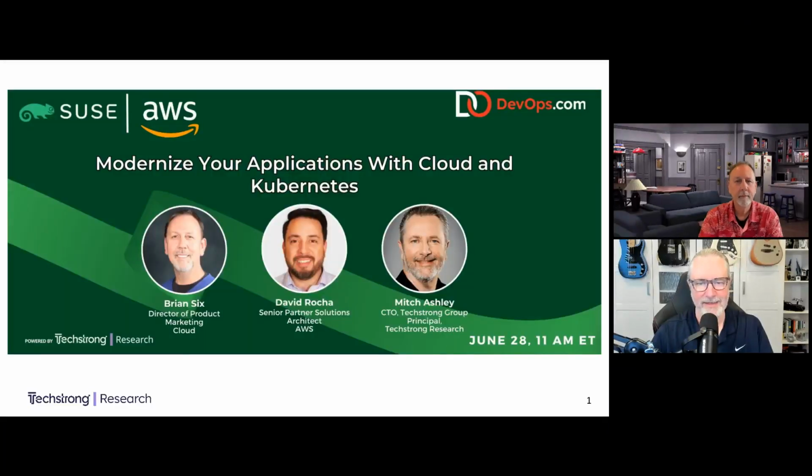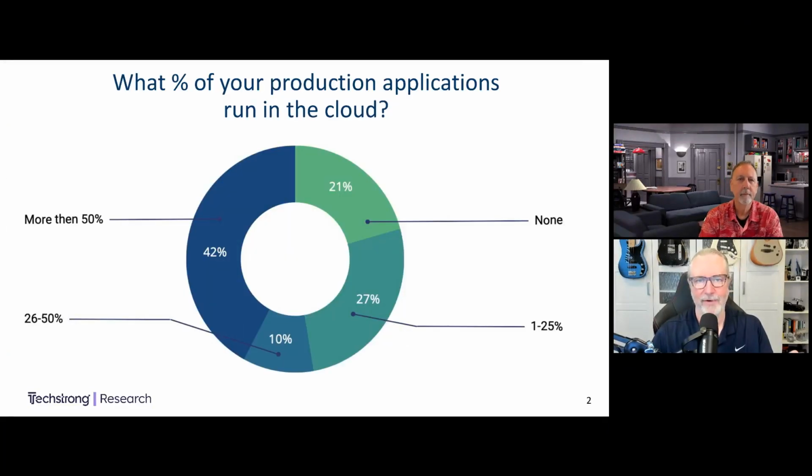I'm going to jump right into the slides here, go back into the data, if you will. And we're trying to get a feel. Now, this isn't just an AWS or SUSE audience. About 500 million individual people visit our sites across all of the Techstrong properties. So we have a good cross-section of